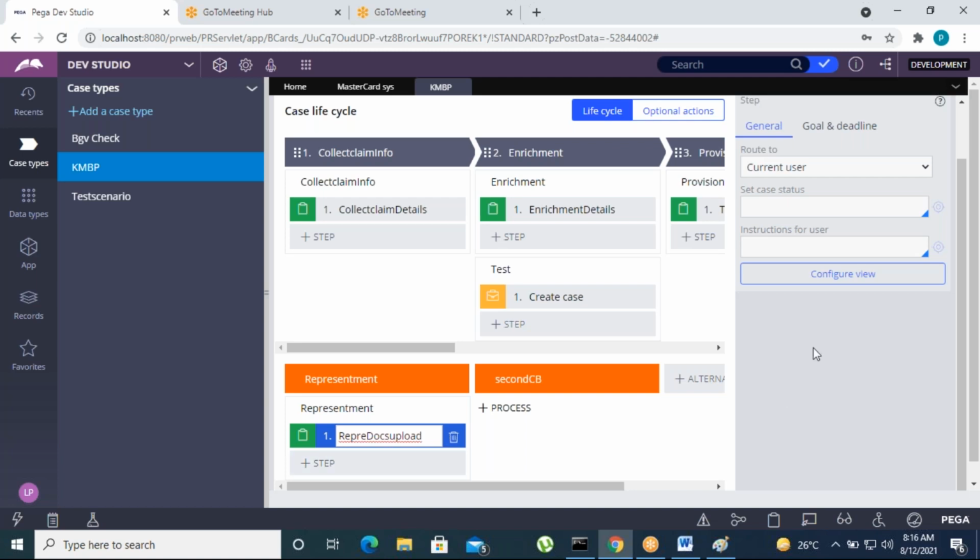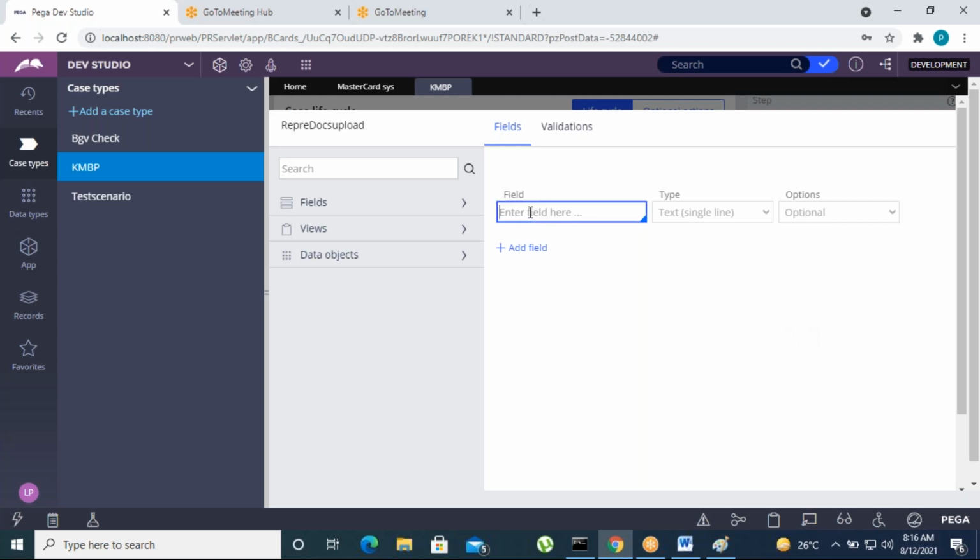Repri docs upload, and then go to configure view. Repri docs, this is one property here, repri docs and repri comments.